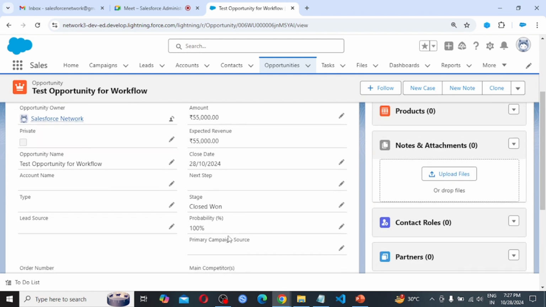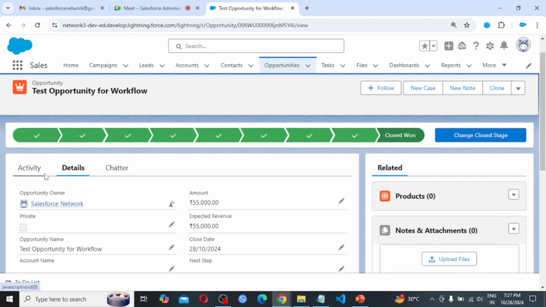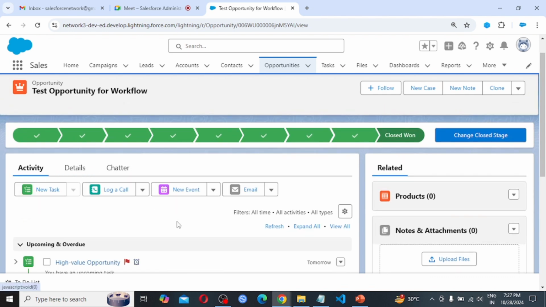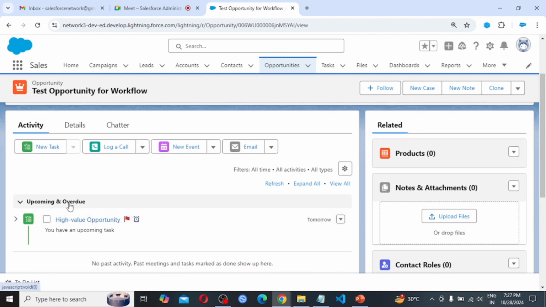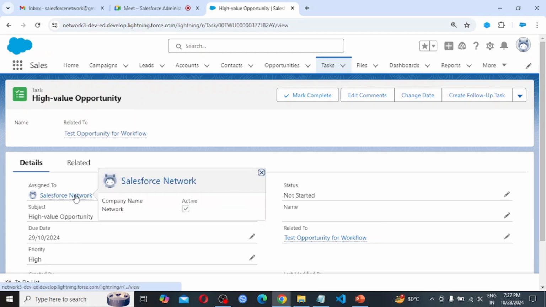So in the action we had created a task. So in the activity we are seeing here upcoming and overdue. So there is a task for tomorrow. If I click on this particular link, it redirects to the task, assigned to the opportunity owner, meaning Salesforce Network.